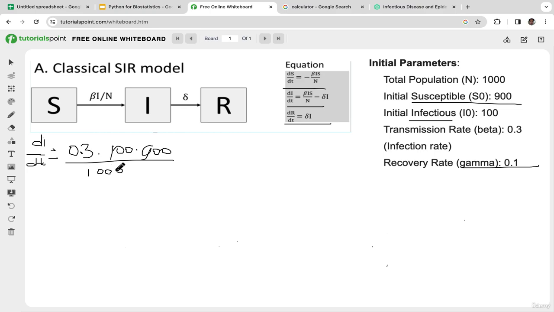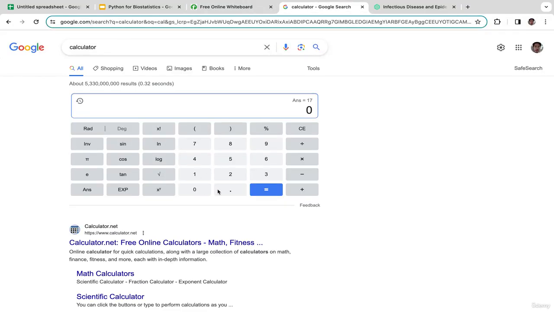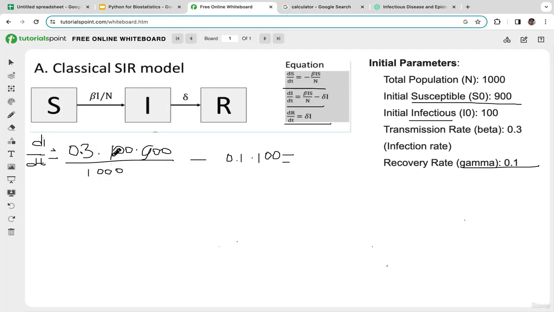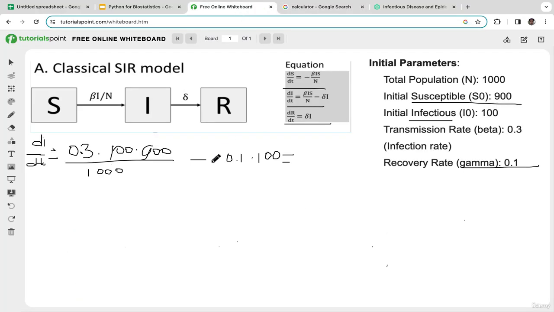And don't forget, you subtract gamma multiplied by I. So it's the recovery rate, 0.1, multiplied by the initial infectious, which is 100. Don't worry if you're too lazy to do the calculations, we're going to use Google Calculator. So we have 0.3 multiplied by 100 multiplied by 900. This is what you get, 27,000. Don't forget, we divide that by 1,000, the total population, so you get 27, and we subtract from that